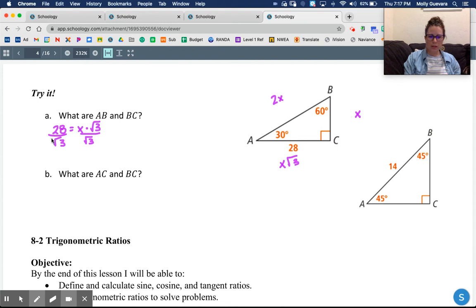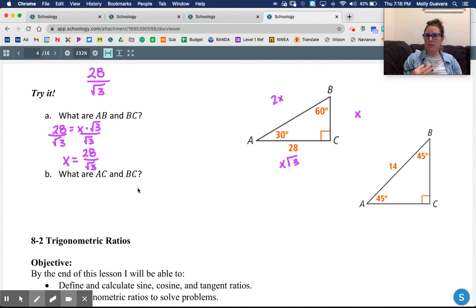And we would do this in our calculator, but we can also just leave it. But what I'm going to show you right now is the way that we write this exact, okay? So I have x is equal to 28 divided by the square root of 3. So what happens is we're not allowed to have a square root on the bottom of a fraction. It's just a mathematical rule that we're not allowed to do that. So how we fix it, and I'll do it up here a little bit bigger so we can follow, is